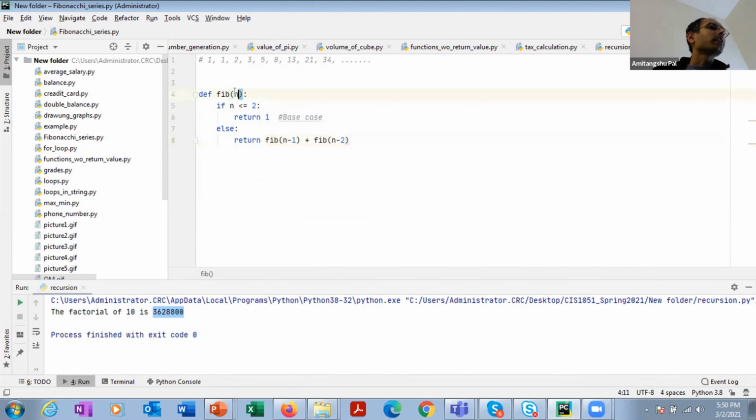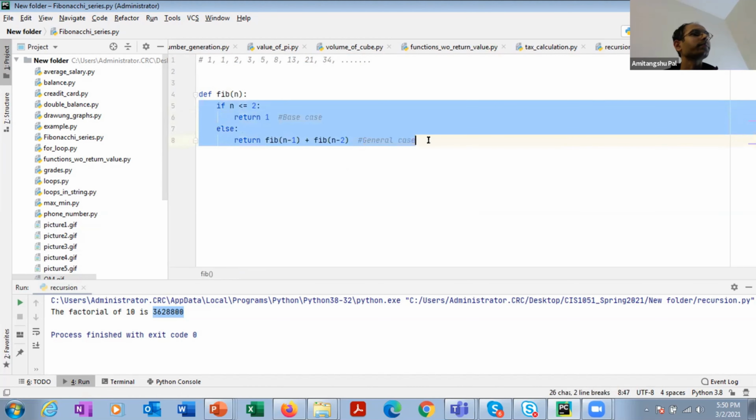If I want to get the nth number, I need to add the n minus 1th number and the n minus 2th number. So this is the general case. Clear? So that's it. This entire series can be summarized in these 4 statements.